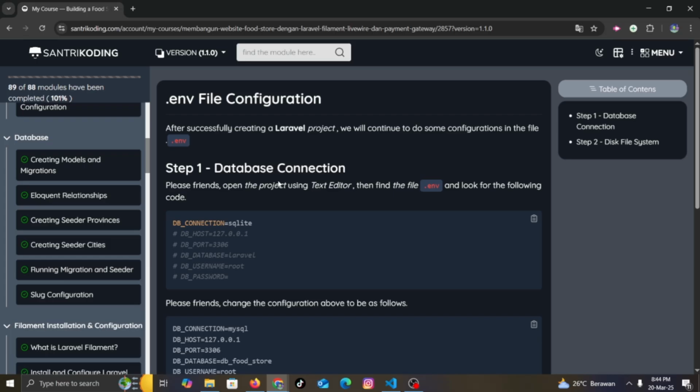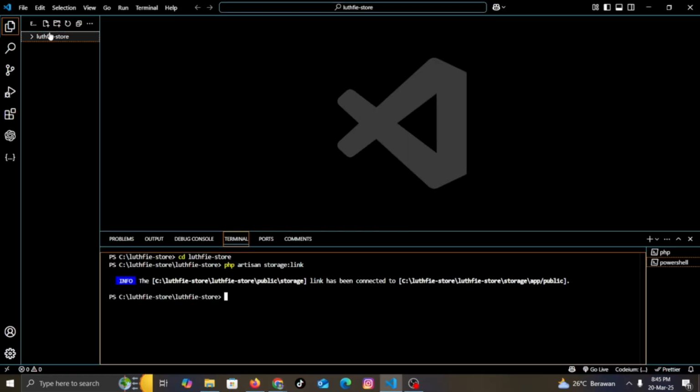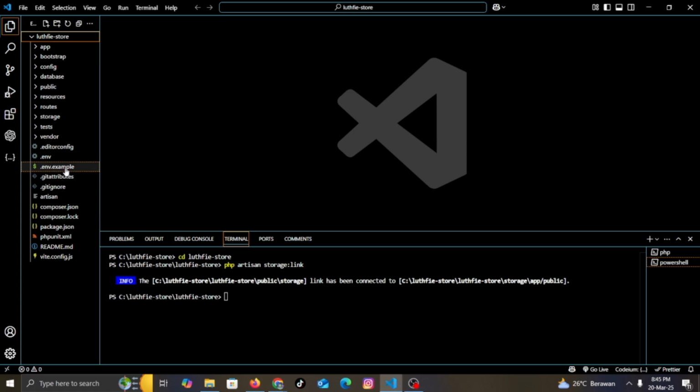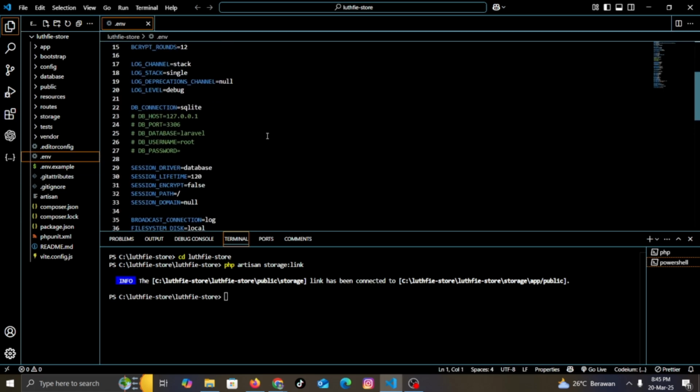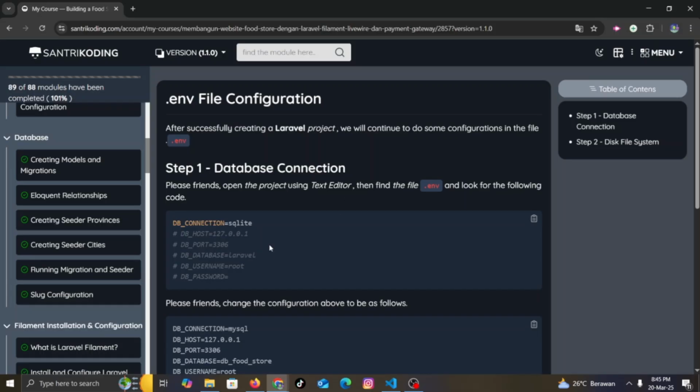Step 1, database connection. Please open the project using a text editor. Find the .env file and look for the following code, the MySQL Laravel settings. Here we are setting the DB connection to MySQL.